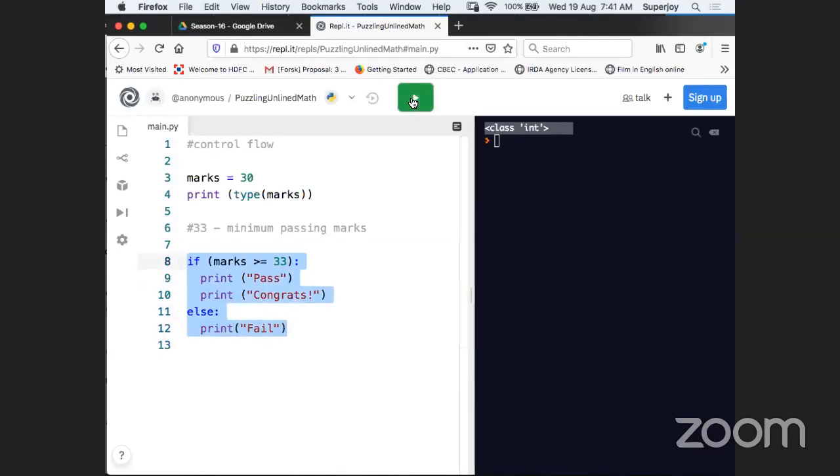And now we can run it, and there you see this time we are getting this message. Why? Because marks got 30, this condition became false. So my control goes to the else block, and we have just one statement there saying fail. So this is how the if else block works here. And now please mind it, we never put any condition in the else, right? So we cannot have something like writing else and then some condition here. No, else would be like this only. So this is